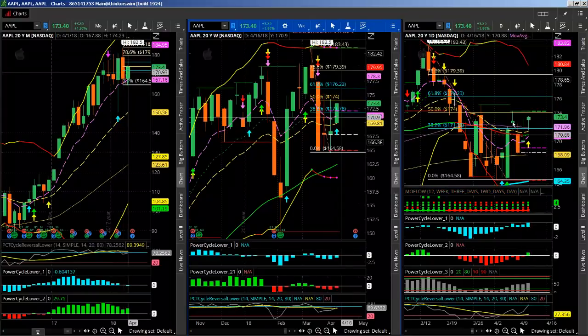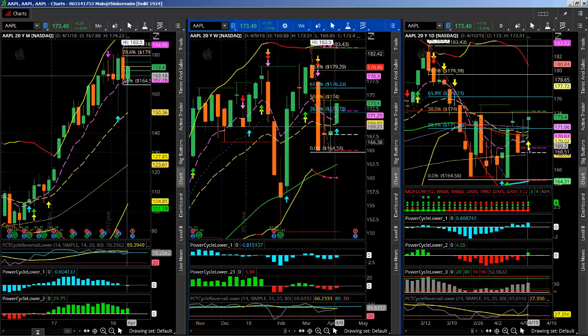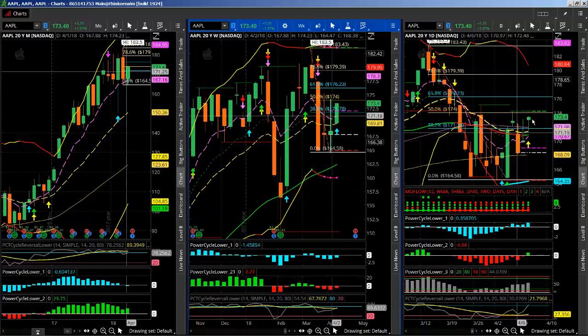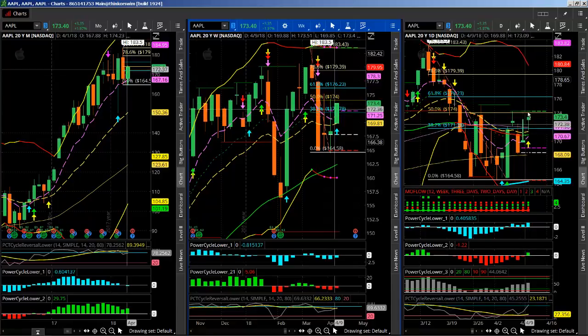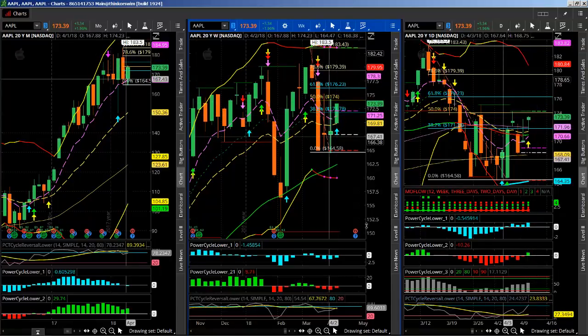Now, there's a lot of tendency for a lot of these big guys like Apple, Netflix, and Nvidia, etc. A lot of times they'll trend into earnings, expecting maybe some good earnings to come out of their earnings conference call. So you can see Apple starting to trend up here on the daily. We've got positive momentum, cycle 1 and 2. So you could just buy Apple outright for a shot or a trade to the upside